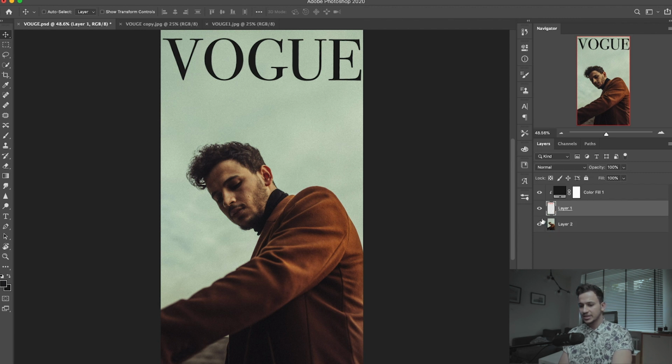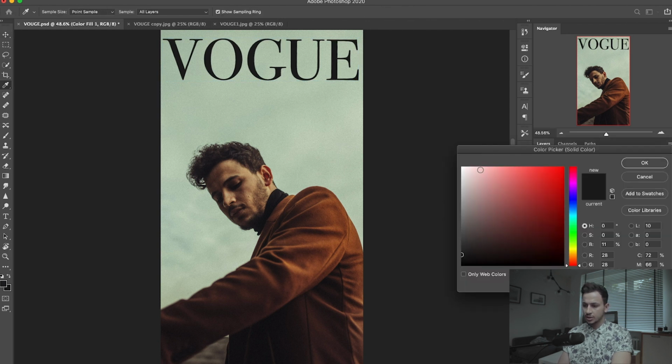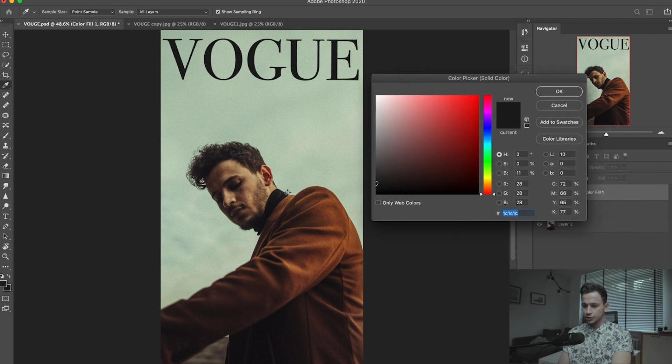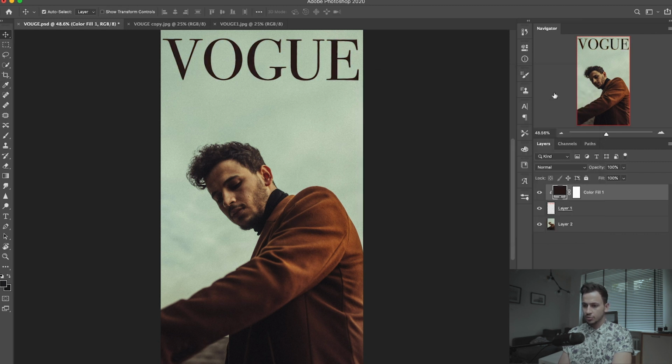So now you can Command T to resize it to whenever you want. And also it comes with a color panel that you can choose which color to go for. I usually like to match my colors with the text. I would probably go with something around a dark brown. So boom. And if you want to add a text, let's say,